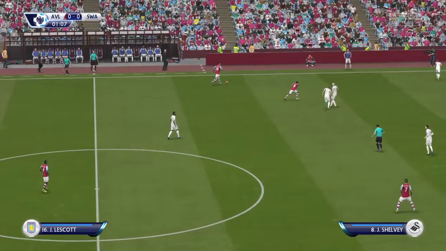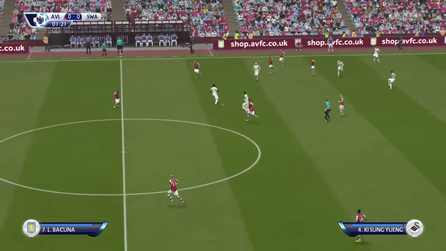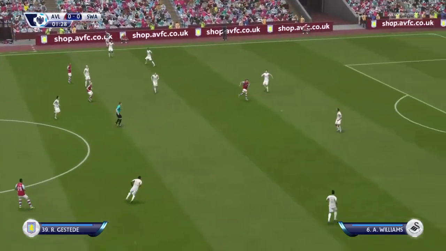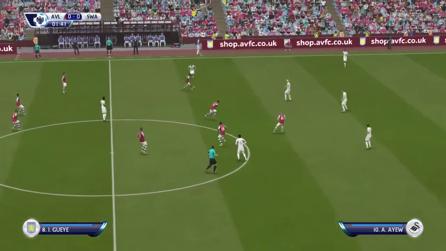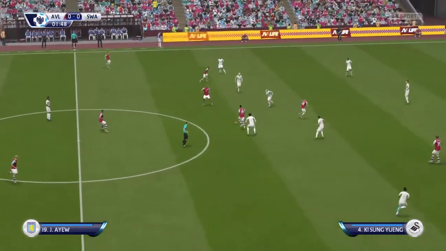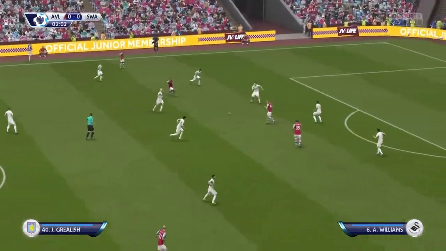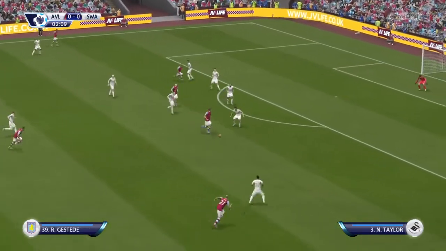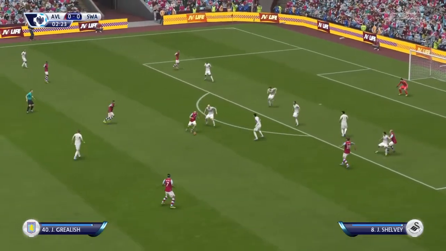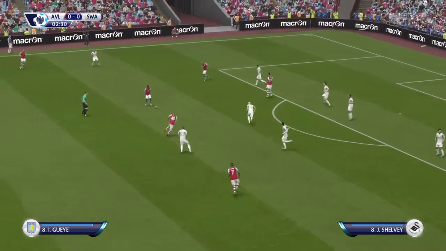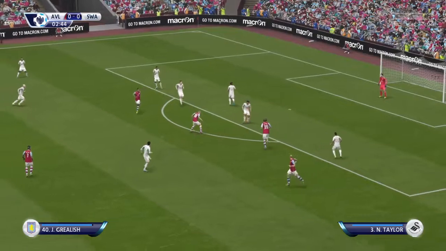Lescott. Well, that's very good positional play, and he's read the situation perfectly with that interception. Kieran Richardson has got possession here. Gueye. Jordan Ayew. Taylor.